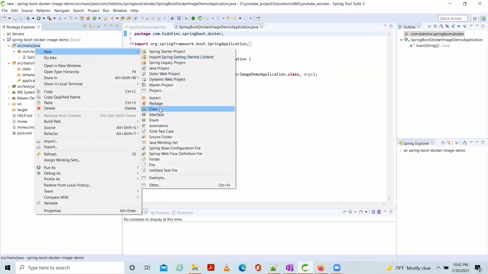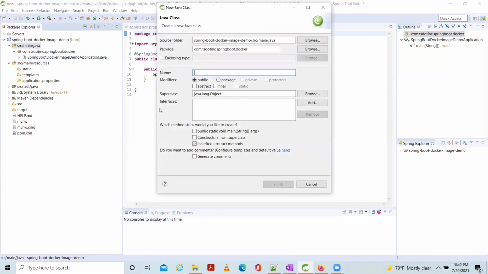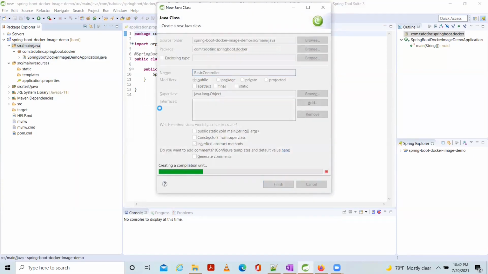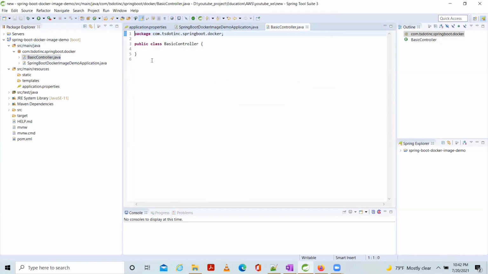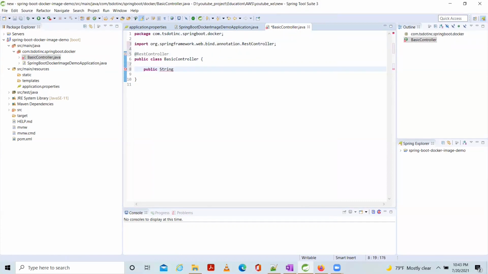Let's create one simple controller. It's a basic controller. We will make it a REST controller. Now let's create a method. This method will return a string, which is welcome to ts.inc.